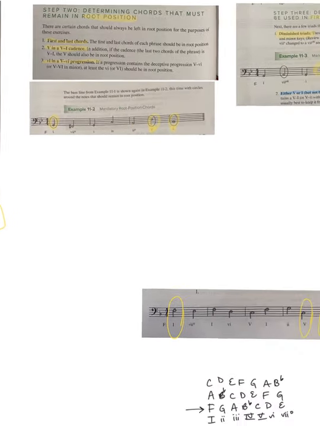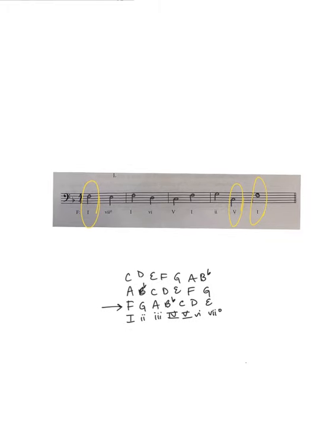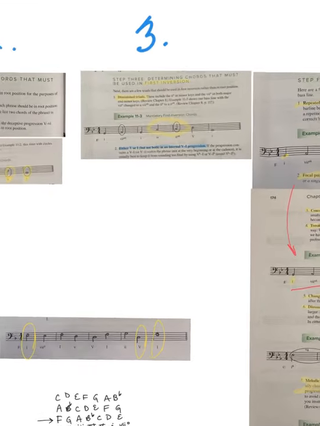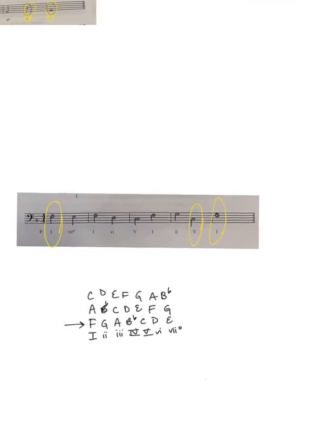So I think, let's zoom back up here to our step 2: first and last chords, 5 and a 5, 1 cadence. Yes, so those are the ones that need to stay in root position. Our third step here, determining the chords that need to be in first inversion. So our diminished triads, and then if we have a 5, 1 in the middle of our phrase,